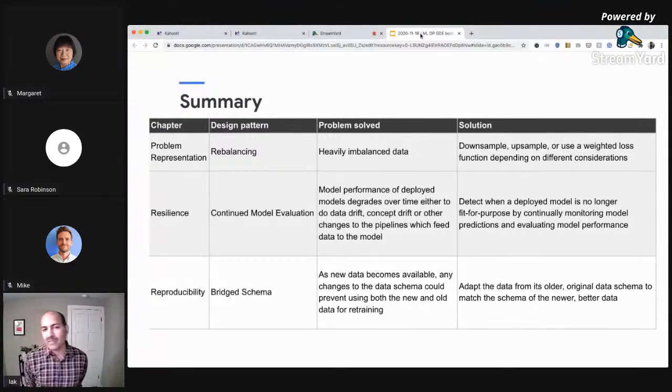You may retrain your model, you might fine-tune your model. There's multiple ways that you can do this, but the bottom line is that you change your model in response to your model evaluation. And the third design pattern that we looked at from the chapter on reproducibility was this idea